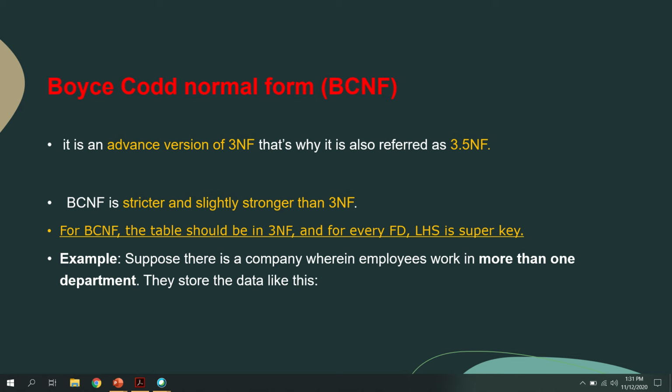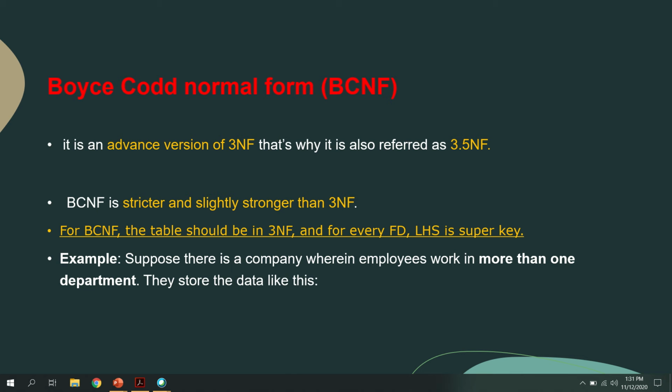We know how we write a functional dependency. Normally it will be of the form A implies B. So here A is the left side, and if you want to make the table into BCNF, the left side must be the super key. We already studied the meaning of a super key. A super key is a superset of keys. That means it is a set of attributes that can be used to identify each row of the table uniquely. So if these two conditions are satisfied, then we can say that our table is in BCNF.